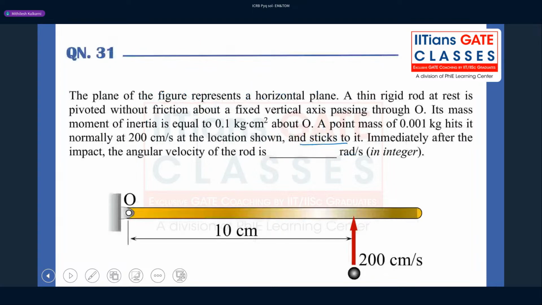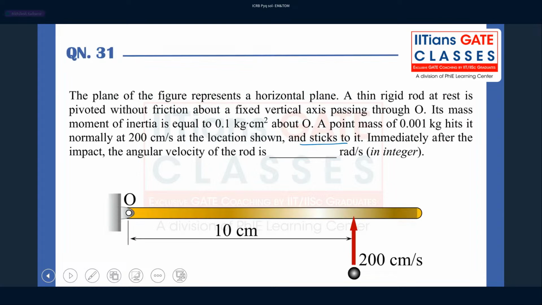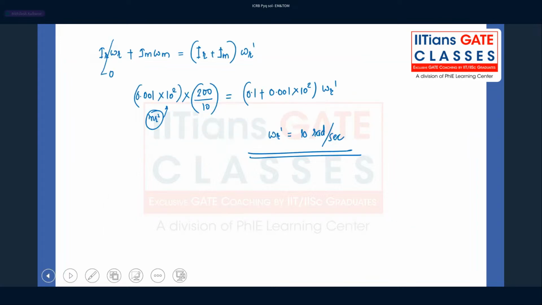We don't have an option here, you have to type it. So 10 is the correct answer in this case, because they are asking us in radians per second. Okay, any doubt in this? Moving towards the next,